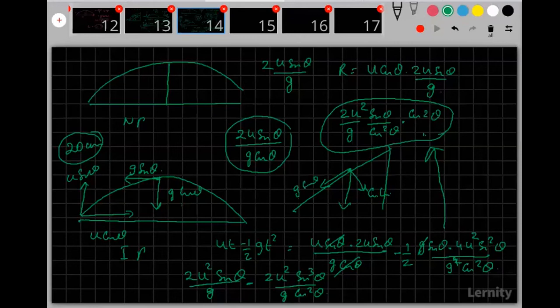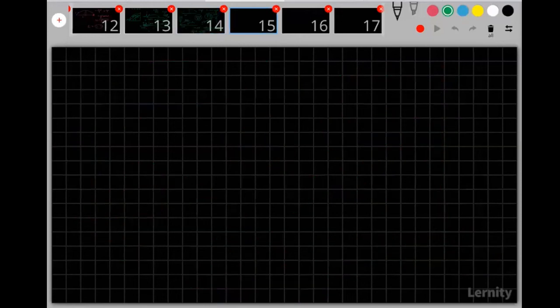Yeah, so if you get this, great. I will do one more nice question. So the next question is this: a ball is thrown upwards with an initial velocity v0 from the surface of the earth. The motion of the ball is affected by a drag such that the force is equal to m gamma u squared, where m is the mass of the ball, u is the instantaneous velocity, and gamma is a constant.